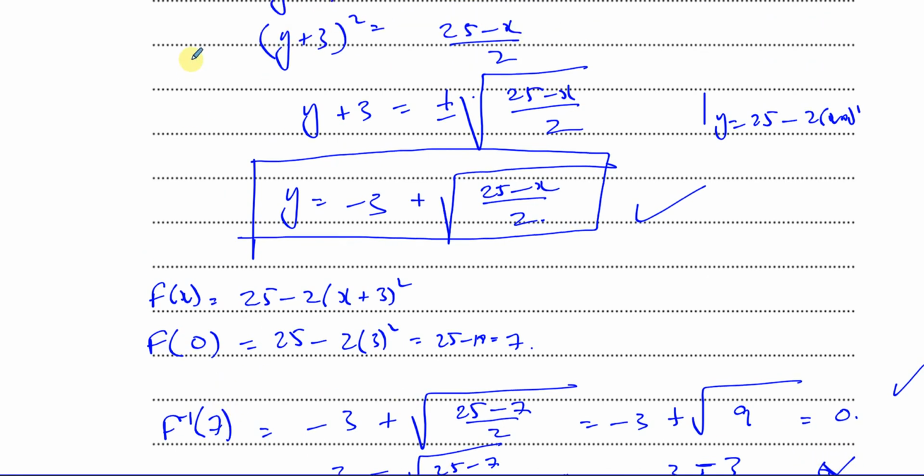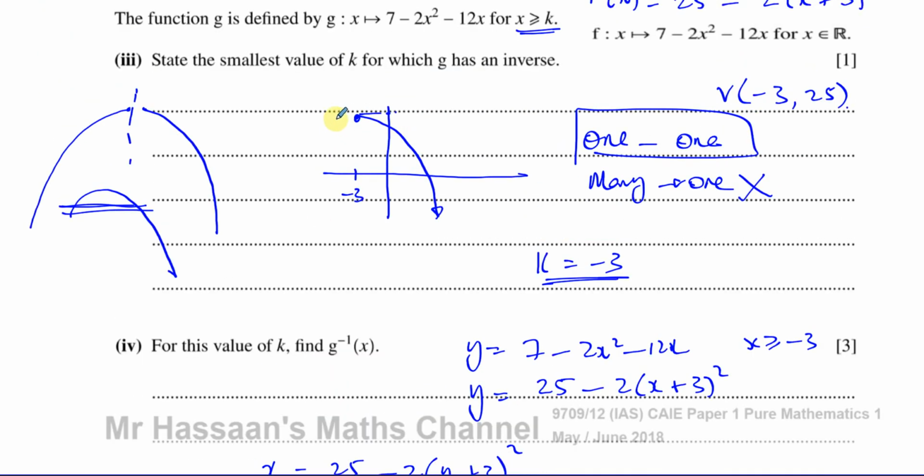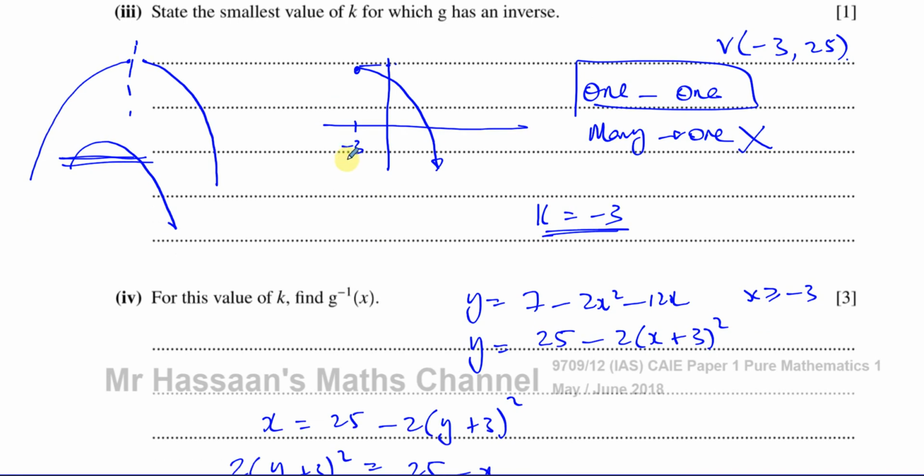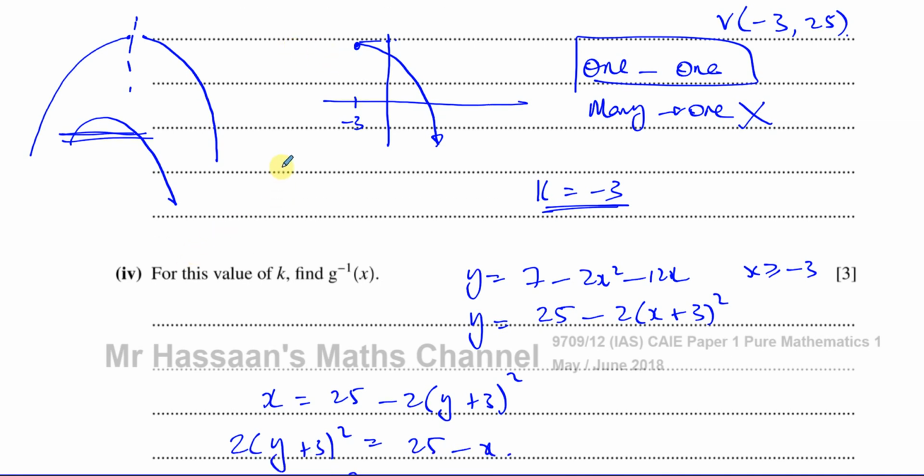So basically, in general, whenever you have had your domain restricted to the right of the vertex, you always take the positive square root of the inverse. If you have got your domain restricted to the left of the inverse, you always take your negative square root of the inverse. And that's basically because of, if you think about the basic y equals x squared,